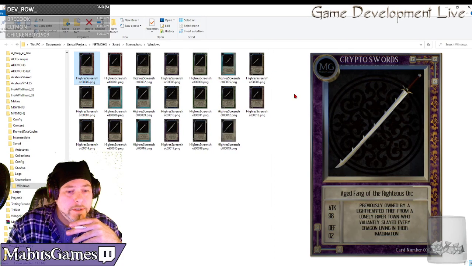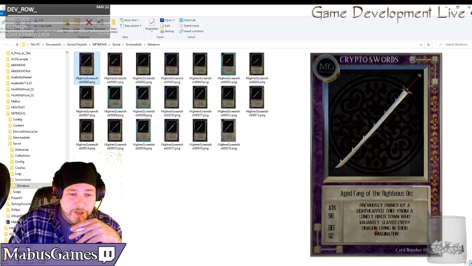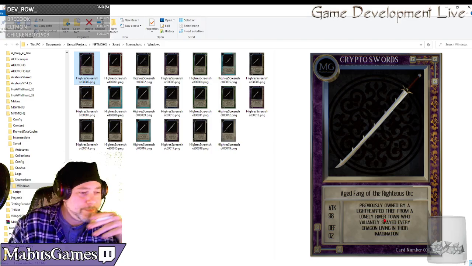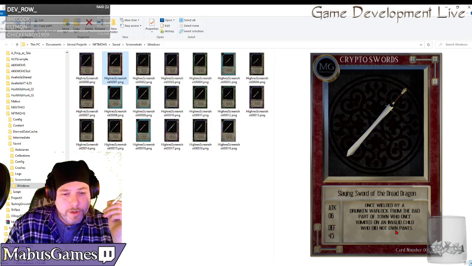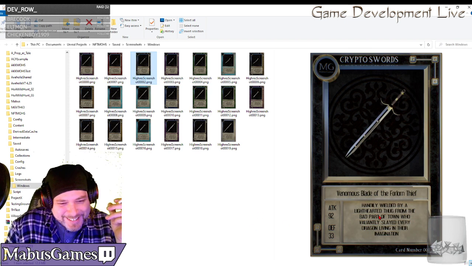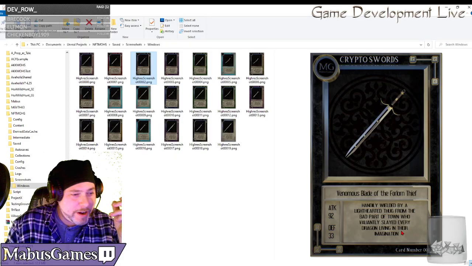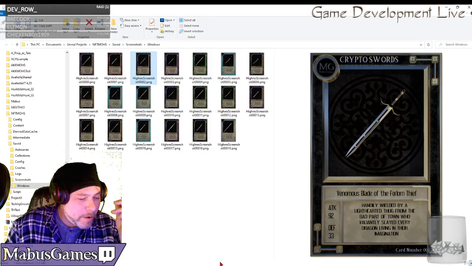There you are. Previously owned by a light-hearted thief from a lonely river town who valiantly slayed every dragon living in their imagination. This one, once wielded by a drunken warlock from the bad part of town who once vomited on an invalid child who did not own pants. Handily wielded by a light-hearted thug from the bad part of town who valiantly slayed every dragon living in their imagination. So what I want to do now